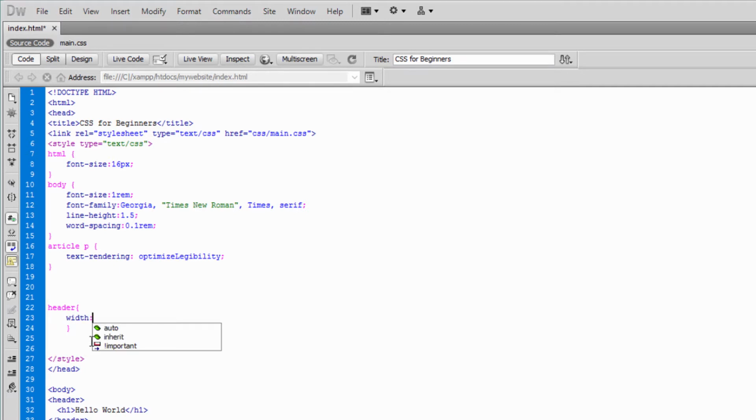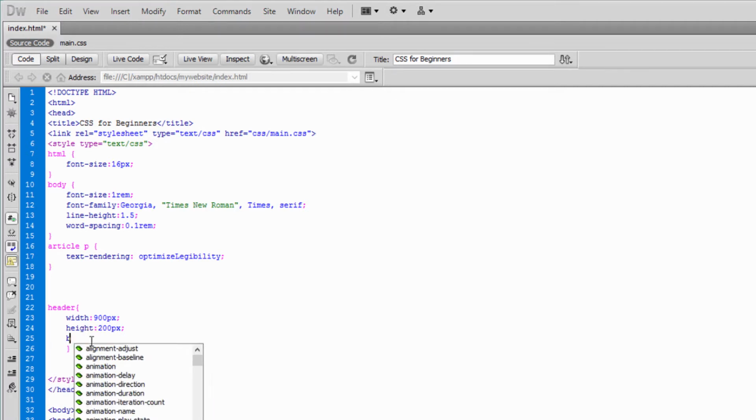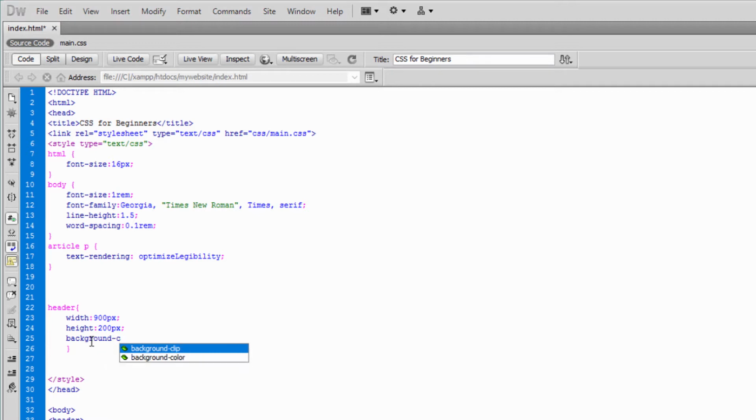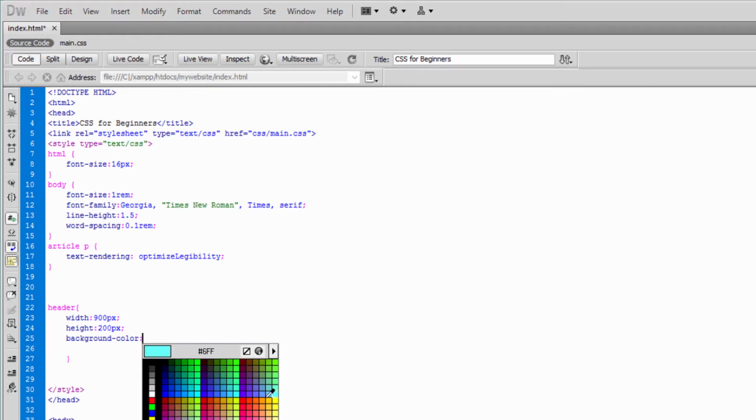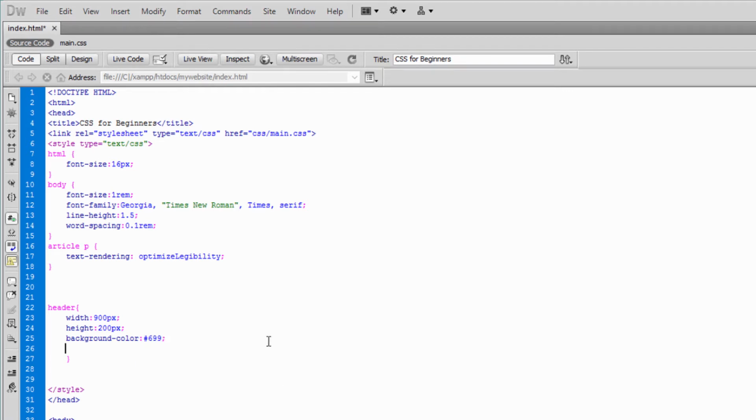Let's first give width and say 900 pixels. Let's give height 200 pixels. Let's add a background color. Click color. And let's choose something like this. And let's say